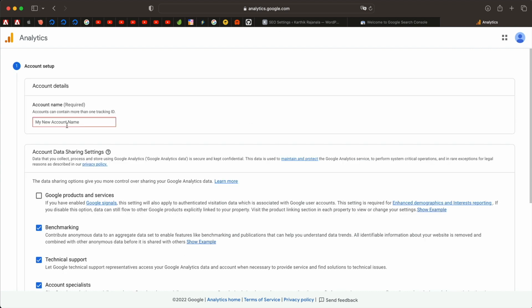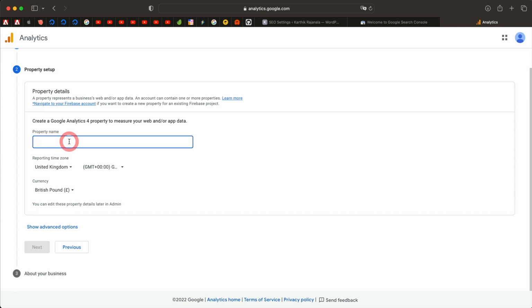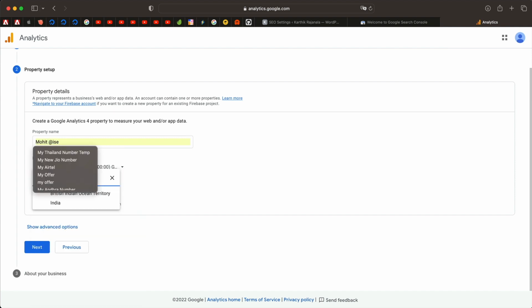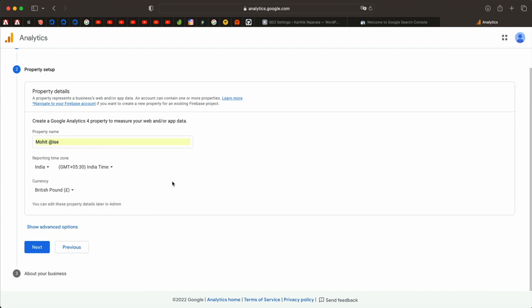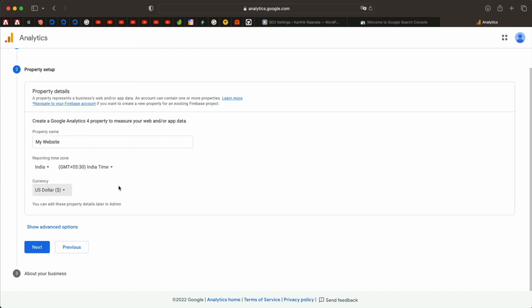Just give it a name. I'll call it, this can be the name of your website. You need to check all these boxes and click on next. You can give this property a name. This is basically my website. So I'll say my website. You can pick time zone. I'll pick time zone where I'm from, which is India, and currency, maybe I'll pick US dollar, and I can